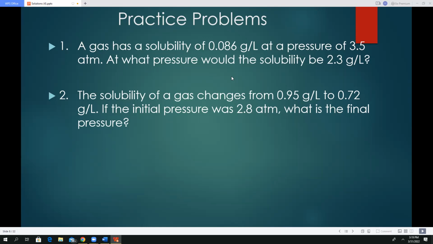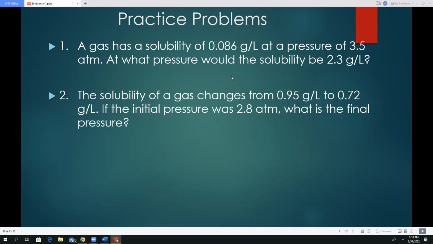Don't forget the units too. Very important to have units on your answers. All right, so that's Henry's law. That's just two practice problems, just to make sure that you know what you're doing with that. Right, the next thing that we're going to look at